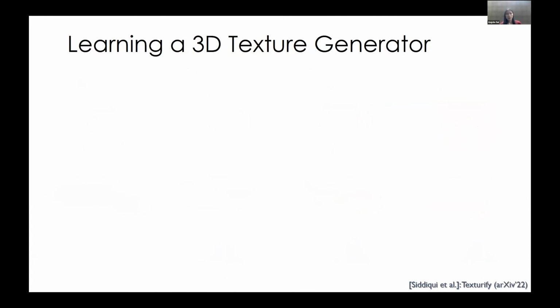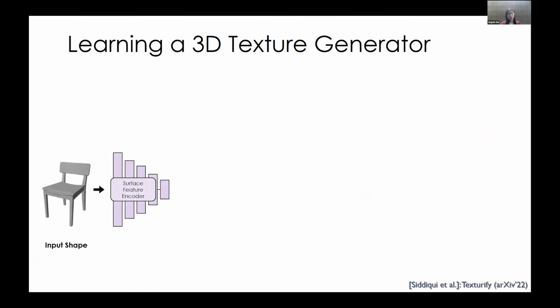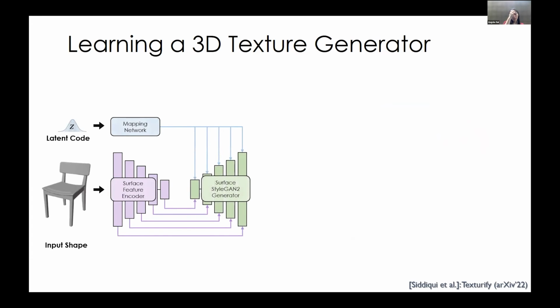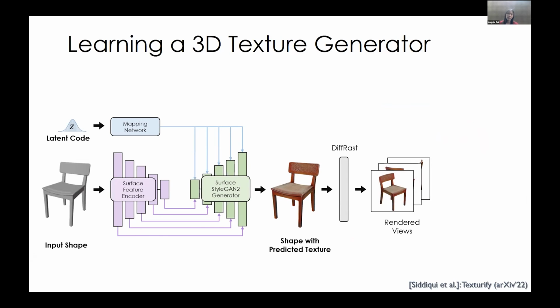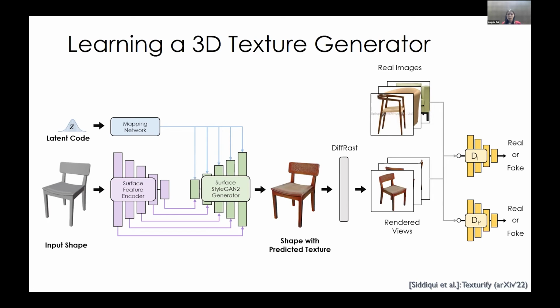So in order to achieve this, we take the input shape and condition on the input shape structure, as the texture should correspond to the input geometry. And then we take a StyleGAN-inspired decoder approach in order to predict the final output textures. So in order to be able to learn from these realistic images, we then differentiably rasterize the output textured shape into a bunch of rendered views, and we can compare them to the real image distribution with an adversarial formulation